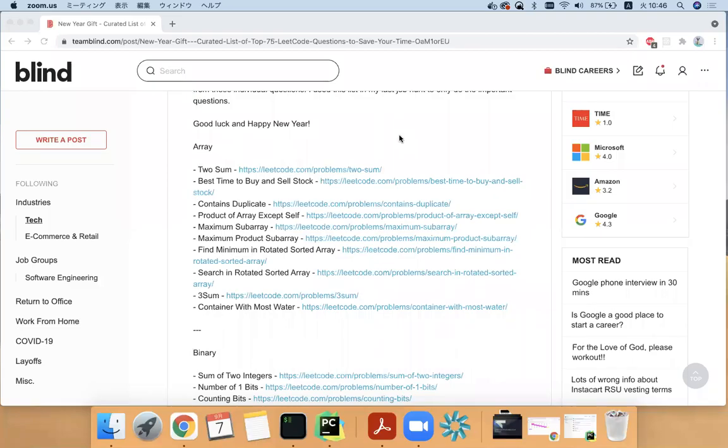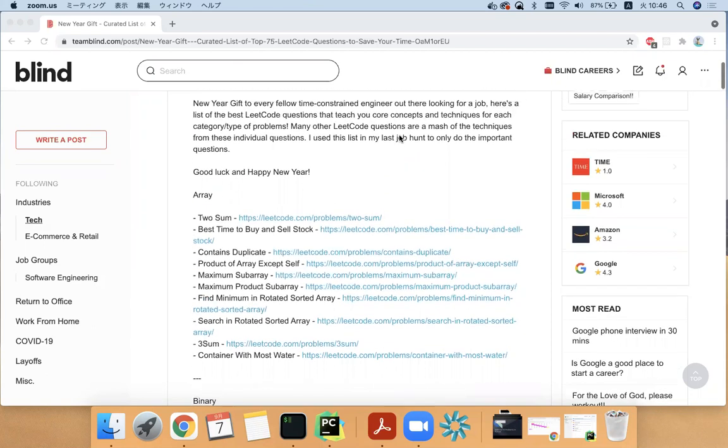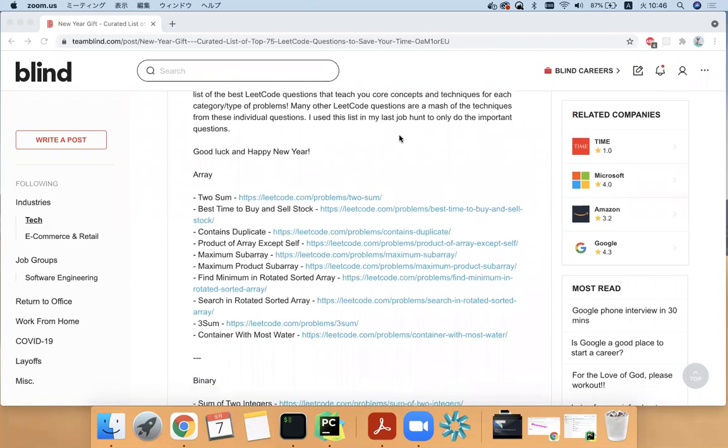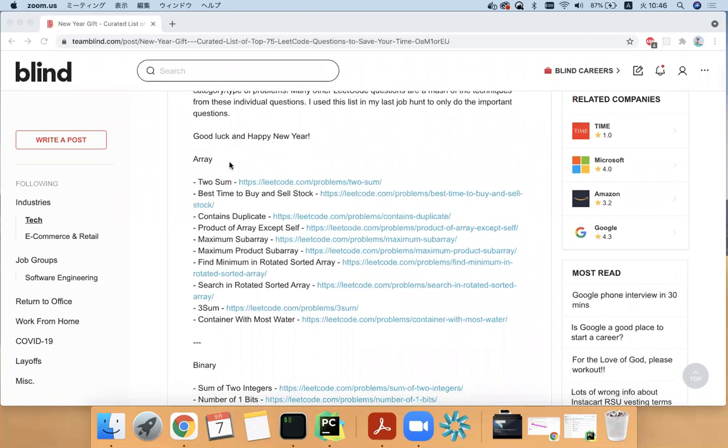Okay, so hey everybody, let's continue working on Blind 75 curated questions, the LeetCode essential questions. Today I'm going to continue working on the array section, and I'm going to do these subarrays. The assumption is that in the interview we're going to start with an easy question, which is